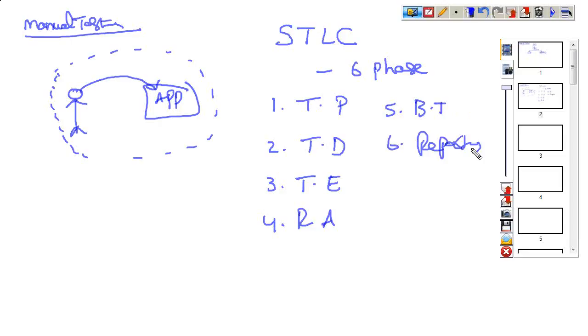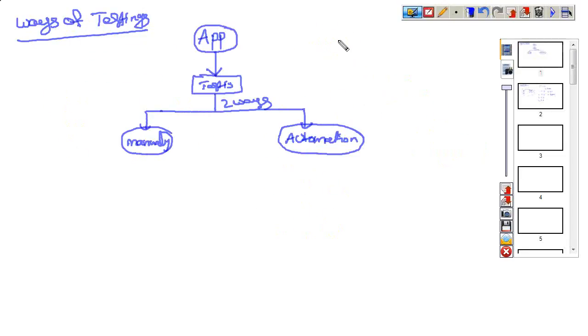So these are the 6 phases. Manually we can interact and test one application, that we call manual testing. So very simply, first of all, what is testing? There is a developer and a test engineer.